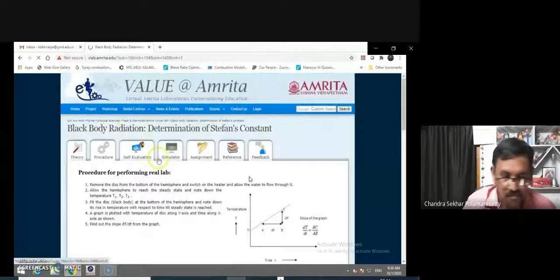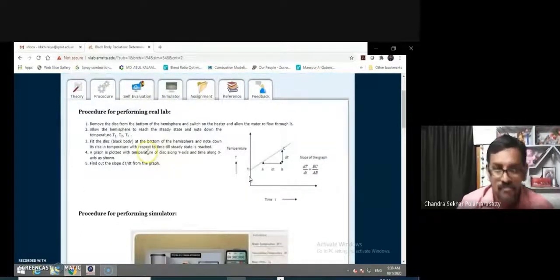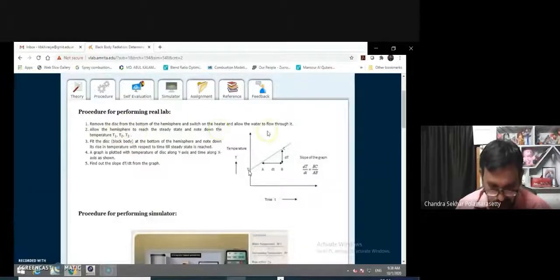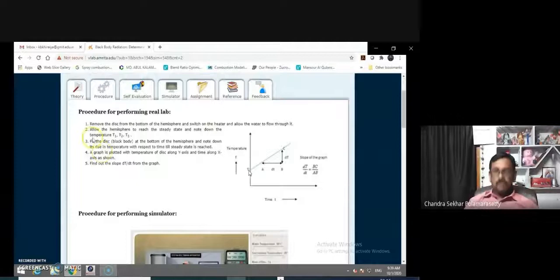So now we are going for the procedure. The procedure is very similar to what we discussed. First, we need to remove the disk from the bottom, meaning we need to remove the black body from the bottom of the hemisphere, and then switch on the heater and allow water to flow over it. Allow the hemisphere to reach steady conditions, and note down the temperatures T1, T2, T3 from the temperature sensors fitted on the hemisphere. This procedure is to make the temperature of the hemispherical shell